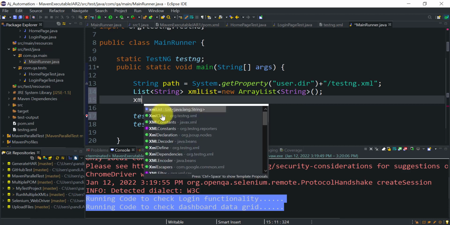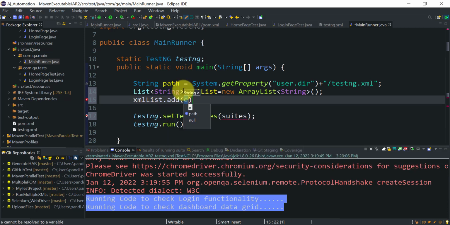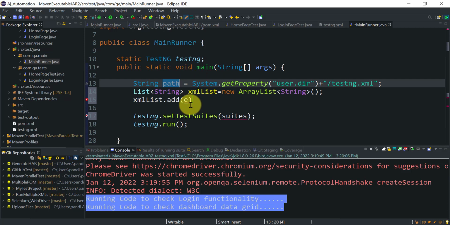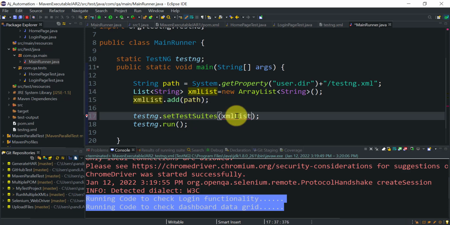Then xmlList.add. This add method we can use to add the object into this ArrayList. So I'm going to add my first XML file, this path I need to add. Again, this xmlList I need to provide as an argument here.